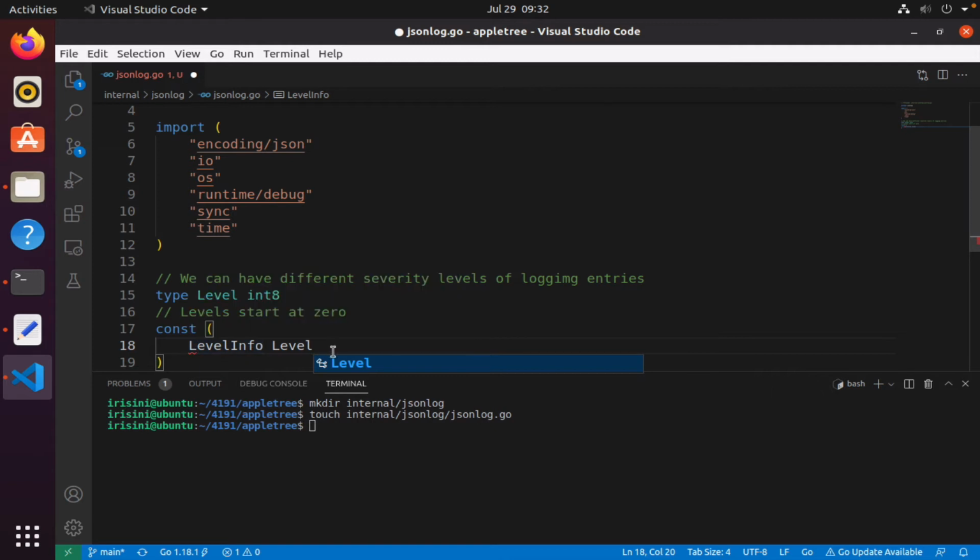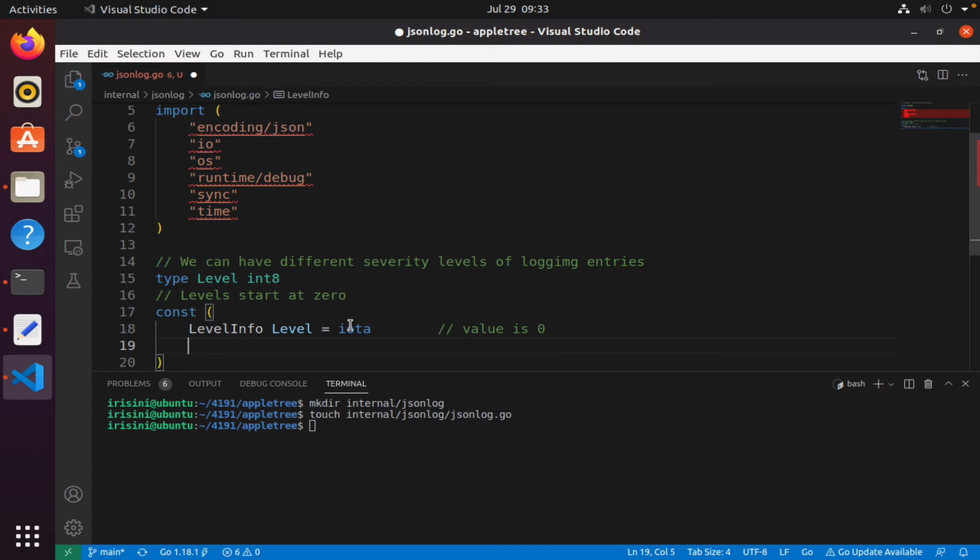All right, and so I will use iota, which simply means to tell Go start creating a sequence. Okay, and so the value will be 0 here, right? And so iota will just keep incrementing by 1. So when I say LevelError, that will have